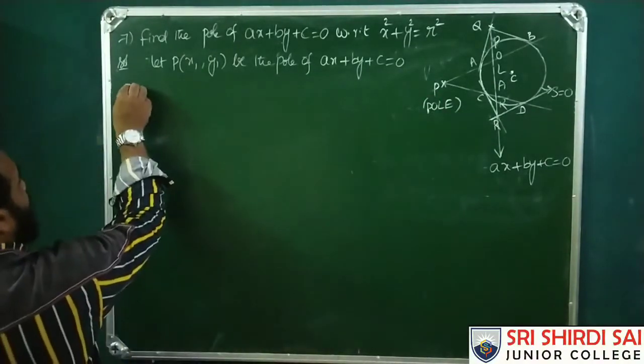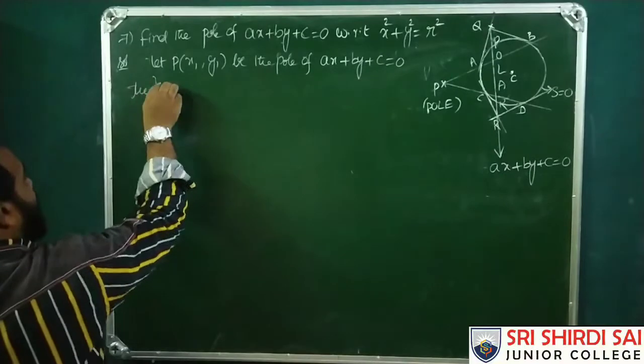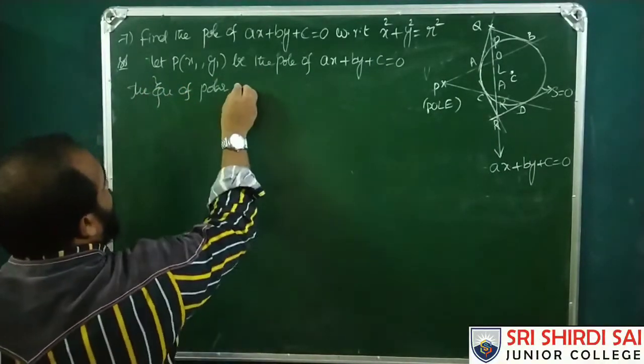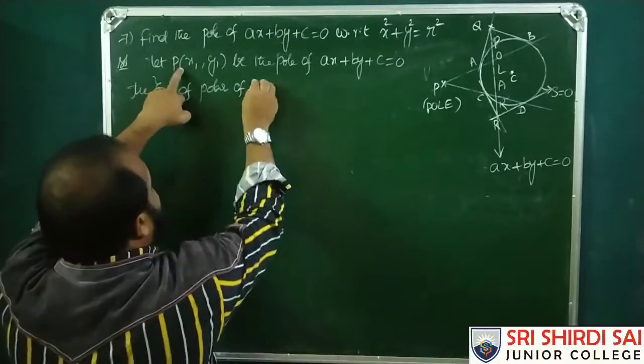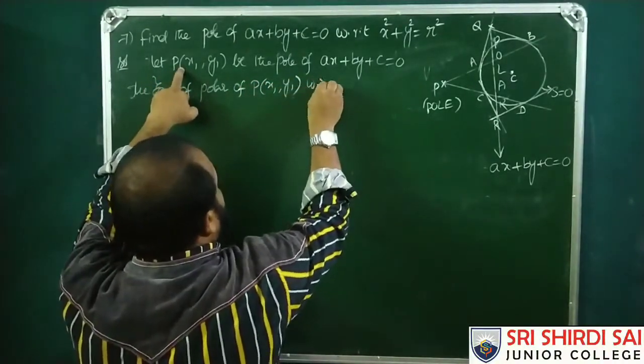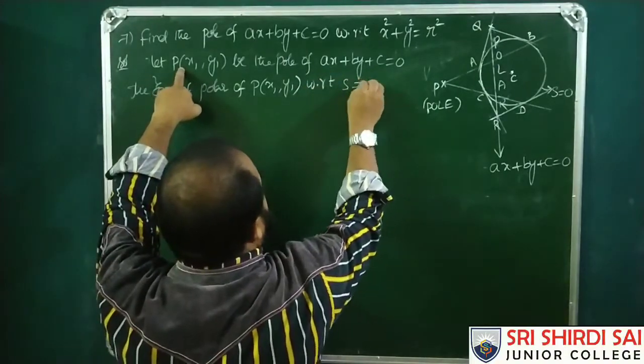So the equation of the polar of P(x1, y1) with respect to the circle S = 0